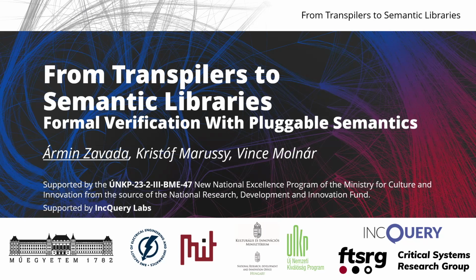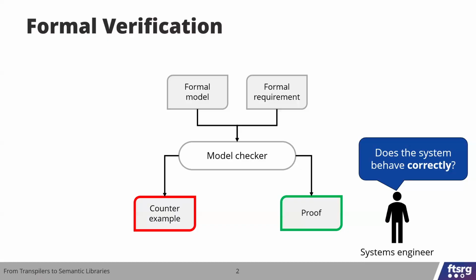So we like models, we like writing models, but why do we like writing models? It's because we want to use them and we want to extract information from these models. One of the ways we can extract information is to use high-level tools or techniques. For example, model checking is a technique to extract some assurances from behavioral models.